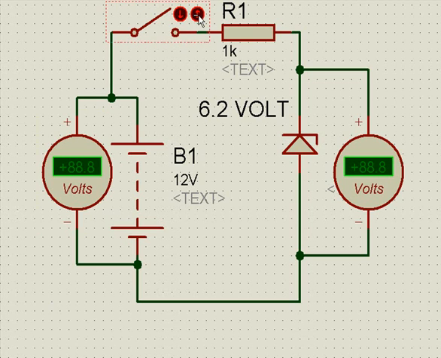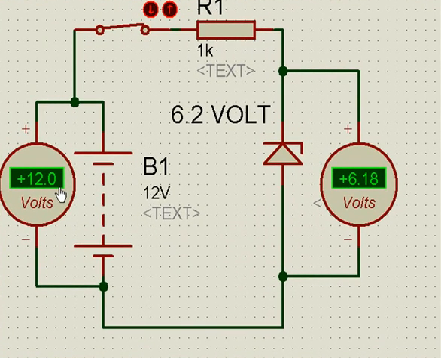When we operate this, we'll see that the supply is 12 volt, and since the Zener is 6.2 volts, it roughly shows about 6.18 volts. Now if we replace this by a diode,